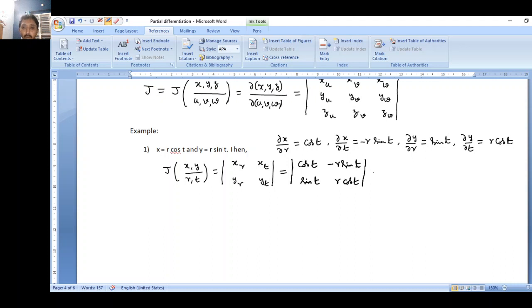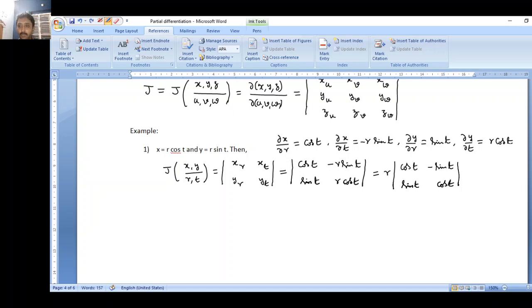Okay, and now you'll have to expand this further and find the value of this determinant. Of course, if you remember some of the properties of determinants, expanding this would become a little easier. For example, because in the second column you have r common everywhere, you can just take it out and write this as r into cos t, minus sin t, and then sin t, and then cos t, and upon expansion this would be r into, what do you get,